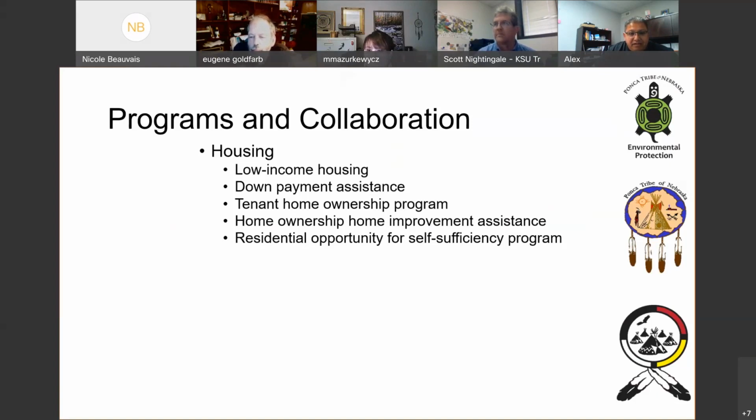We have a homeowners assistance improvement program. They get up to $12,000, and we do about 6 of those a year. They put in their application, we inspect the homes, and rehab their homes up to the $12,000 limit. And then we have our RUSH program, which assists tenants to become self-sufficient. Those are the programs that we run here at Northern Ponca Housing.